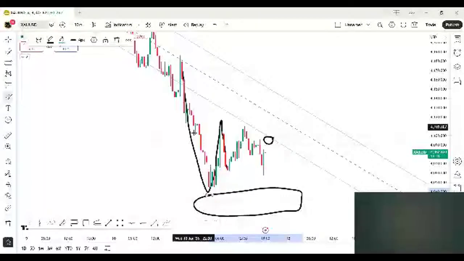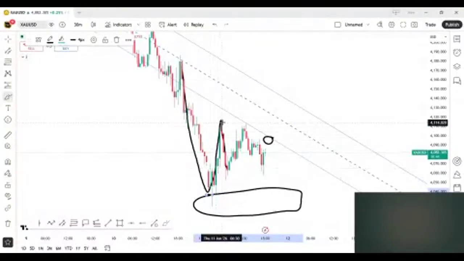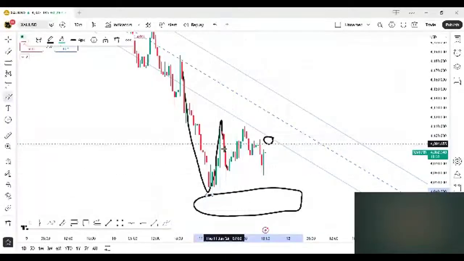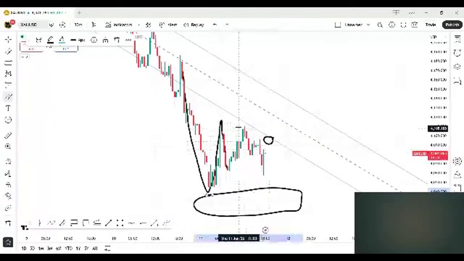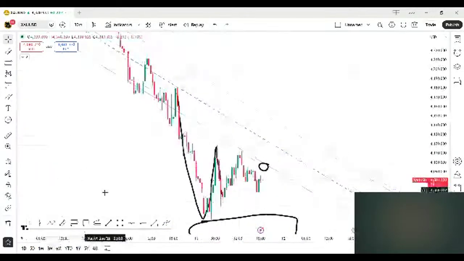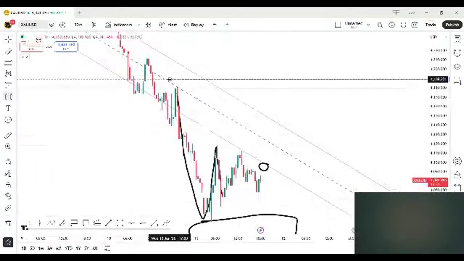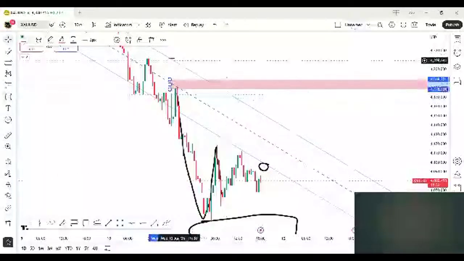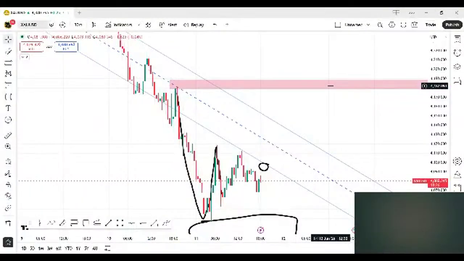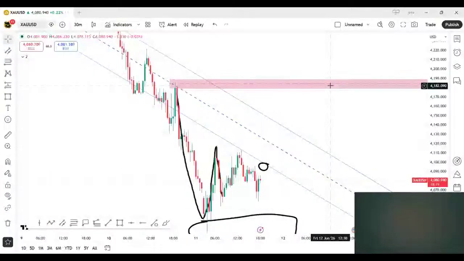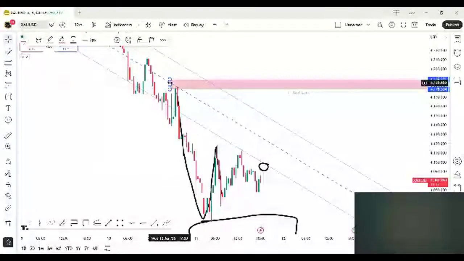So here you can see the market has given us the lower low, and the market has already given us the lower high, but right now it is just struggling. If you look at this area on the basis of trend, this is still the area on the smaller time frame charts. If the market breaks this area, then it will be a short-term change of character.